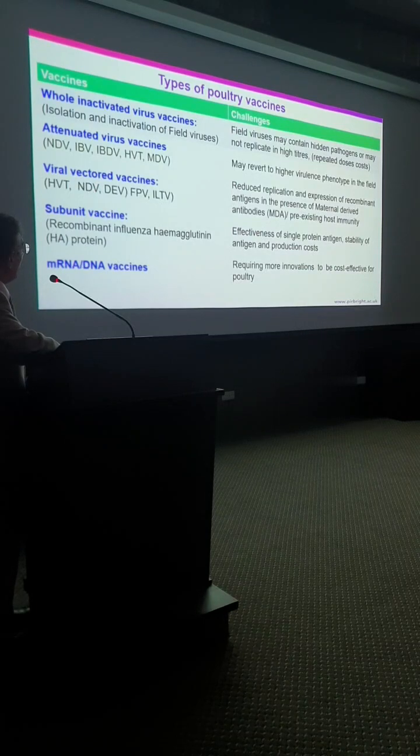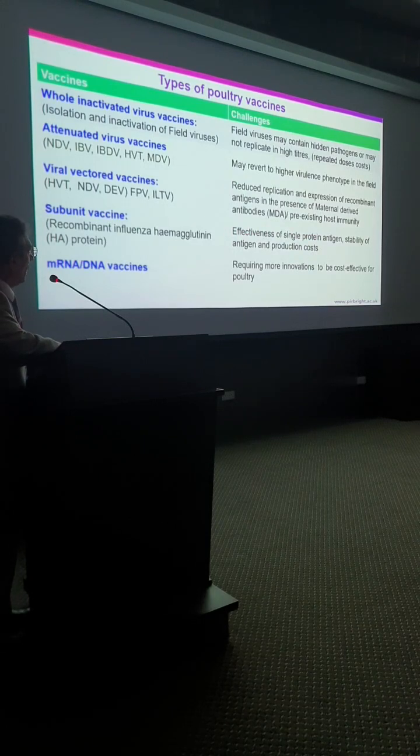Again, viral vector vaccines, there are a couple, but the major problem with these is the maternal derived antibody. If the virus does not replicate in the host when you vaccinate, because of the maternal derived antibody, it will not produce the required amount of your recombinant antigen, therefore less immunity or delayed immunity. Subunit vaccines, again, they are effective, but in some cases, if you have a single antigen, it may not